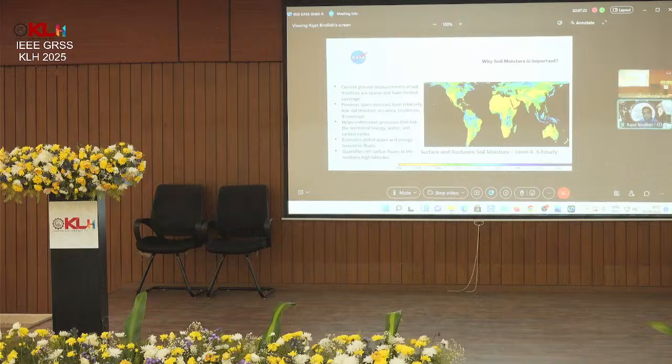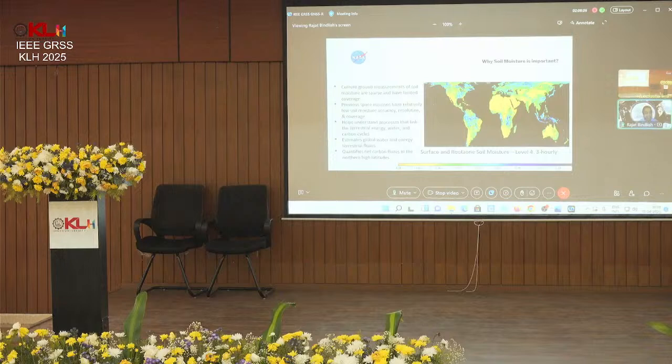The reason soil moisture is important is that currently there are only sparse ground observations with limited geographical coverage. There are a number of in situ validation networks in the US, but in other parts of the world, especially when you get to Africa or Asian countries, the amount of ground soil moisture data available is relatively sparse. Moreover, there are a number of different technologies, even in in situ observations,